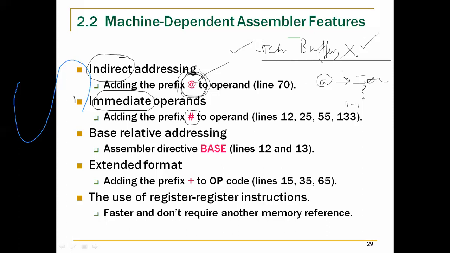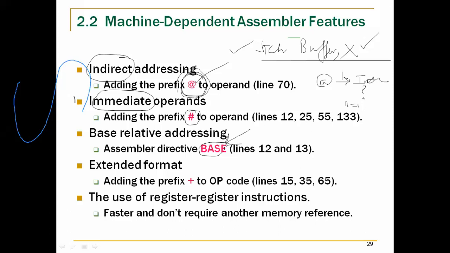We already know that it's using an immediate addressing mode. When it comes to base or PC relative addressing mode, you can't identify it by just looking at the instruction. We will only know when we are assembling that particular instruction. However, whenever we are supposed to use the base relative addressing mode, we have to do some initial things before using it.